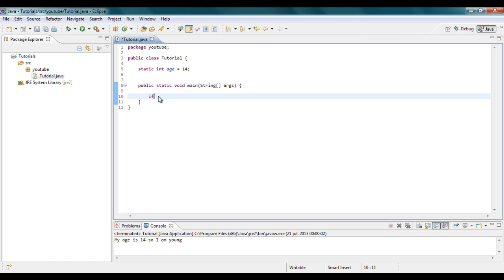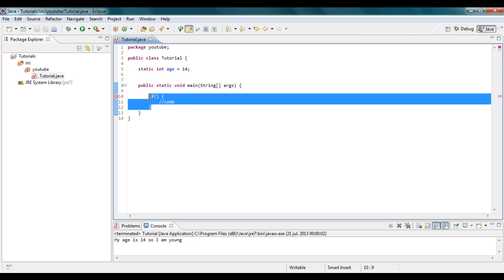So you want to start with if, parentheses, then curly brackets, and in here goes the code if this statement is executed. So in this case we want to have, well, let's talk first about all the